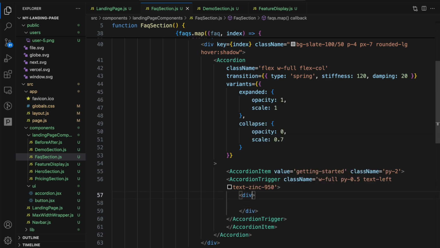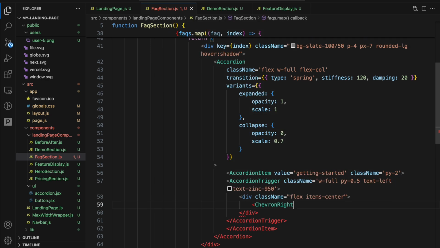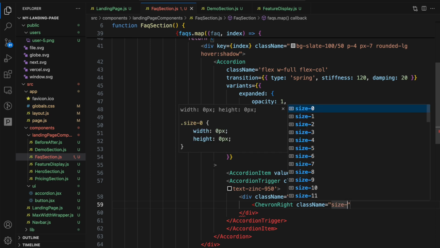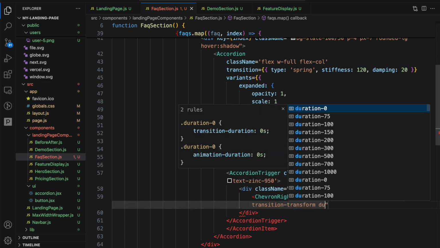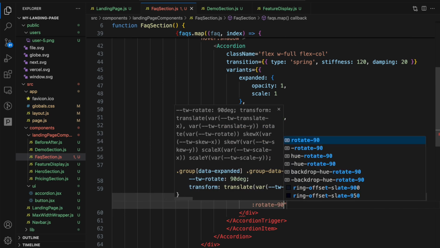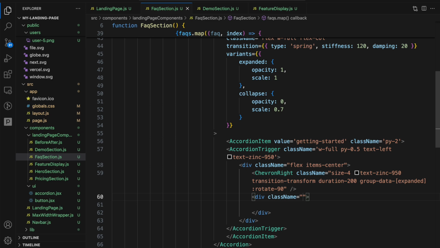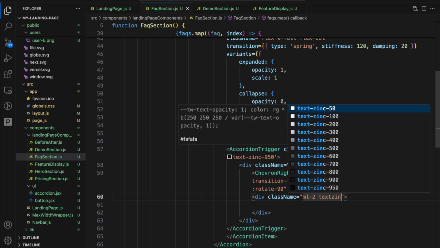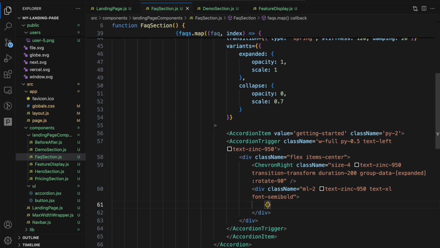Inside, let's open a div with a class name of flex item center, and let's do a chevron right icon from Lucide and give it a class name of size 4, text zinc 950, transition transform, duration 200, and group data dash expanded column rotate 90, and then close that, and then open a div right below that with a class name of margin left 2, text zinc 950, text extra large, font semi bold. And in here, let's render the